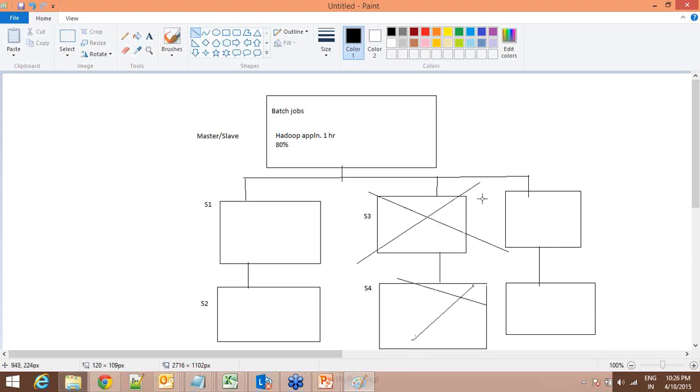Of course, there is a limit. The nodes are down, but this application, to finish the remaining 20%, has a dependency on these nodes. It needs some data from here. What normally happens if the node is not accessible where the dependency is, the application will try for some time and it will fail. But in Hadoop, in this scenario, even if the running applications have a dependency on the failed nodes, the Hadoop master plays an important role. It will make sure this application gets successfully executed and the results are generated without any impact.